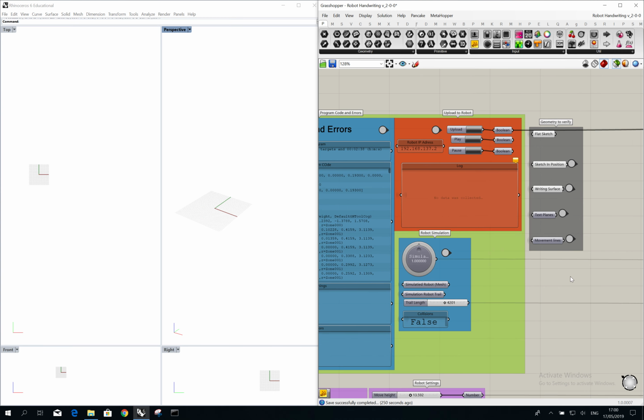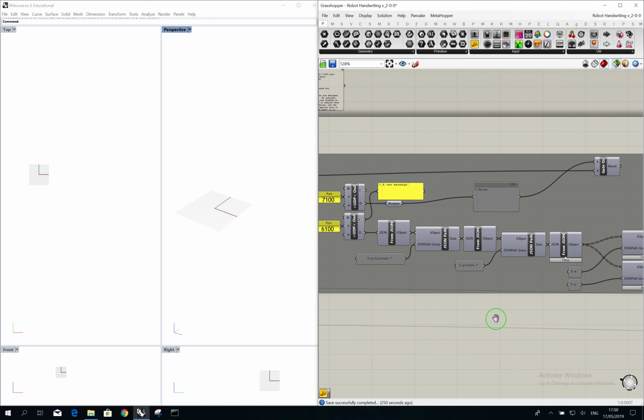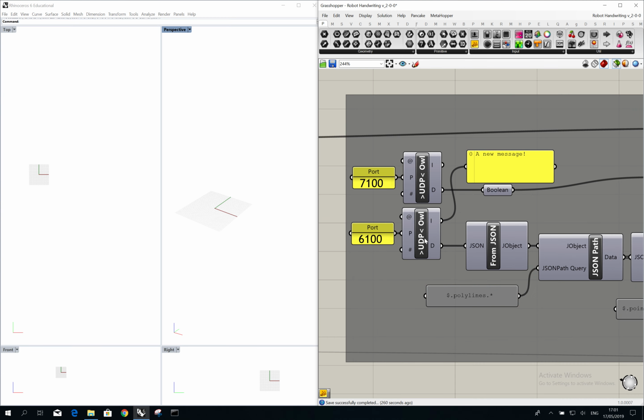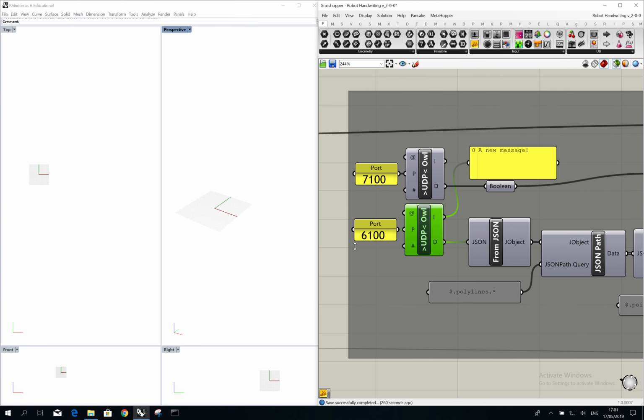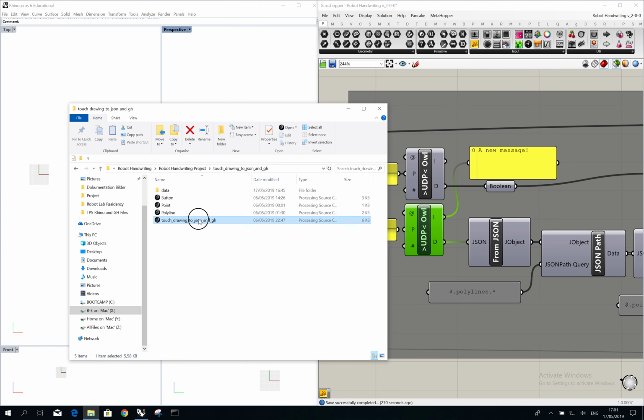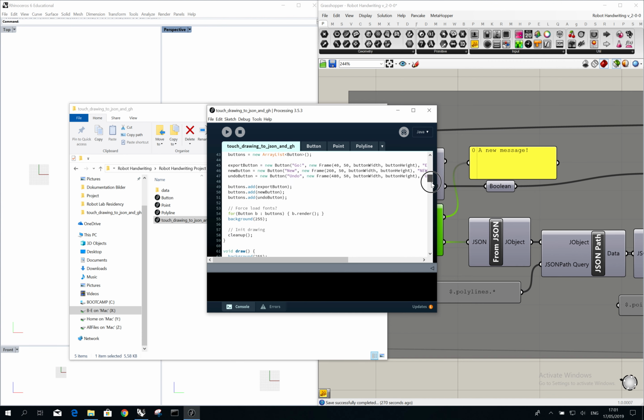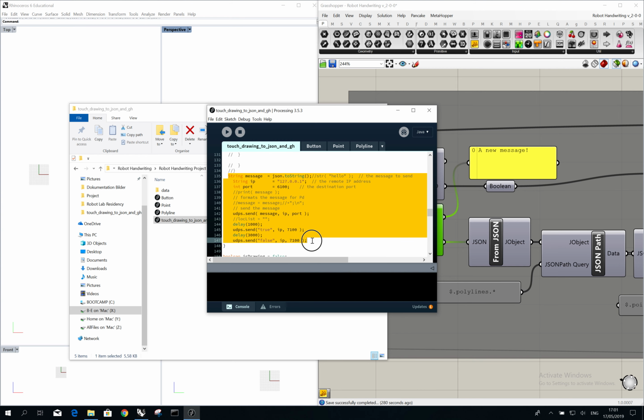The actual communication between Processing and Grasshopper is done via the UDP protocol, and this is the plugin called GHOWL, which communicates with a Processing script. This happens on this line here. Please forgive the messy code, but you can see here it sends udps.send, and then it sends the message. This message contains the